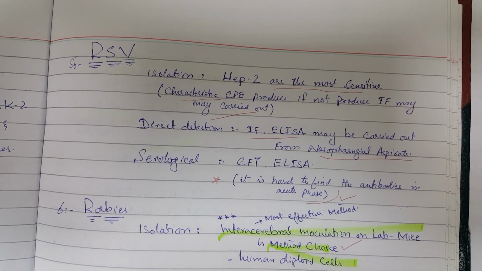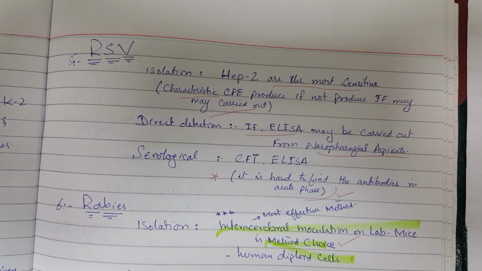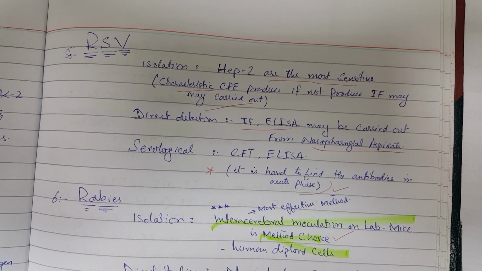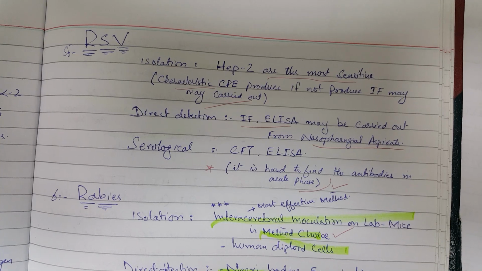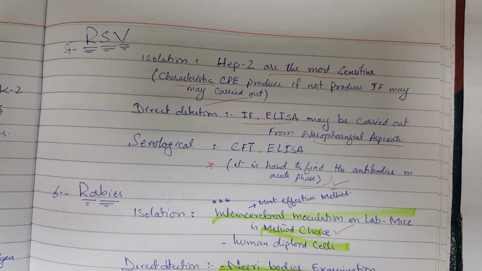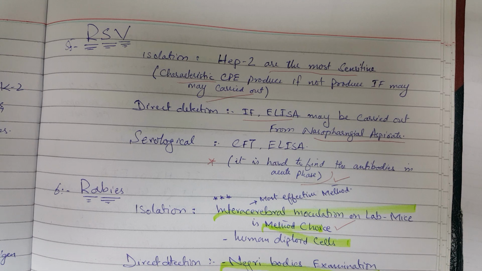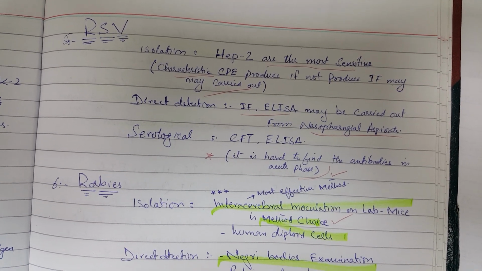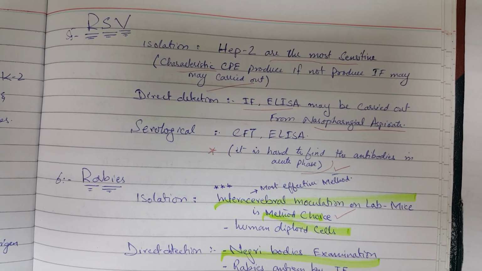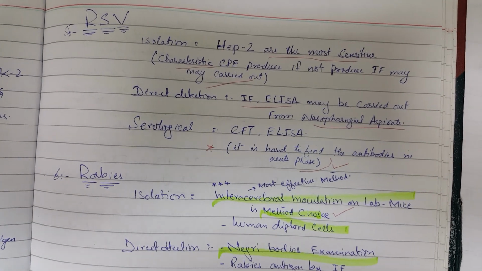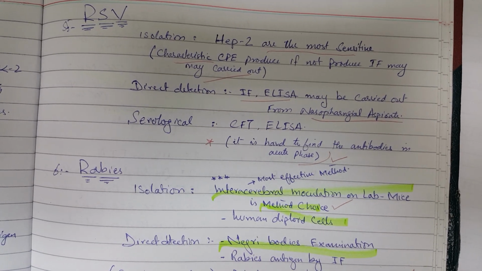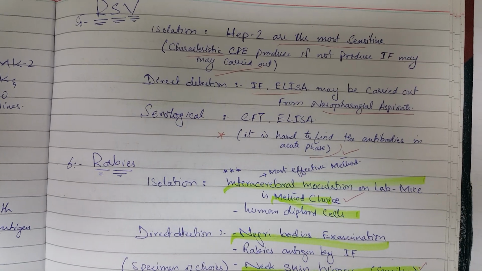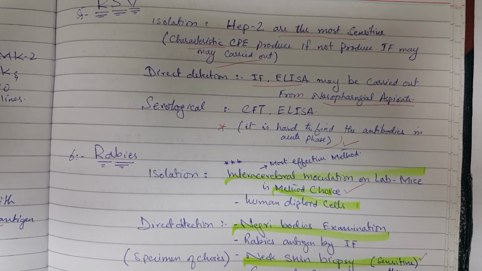Respiratory syncytial viruses are basically isolated on HEp-2, the most sensitive cell line for respiratory syncytial viruses, because it produces the characteristic cytopathic effect on this cell line. But if not produced, you can use immunofluorescence and direct detection, and ELISA can also be carried out from the nasopharyngeal aspirate. Serological tests are also complement fixation test and ELISA, and it is hard to find the antibodies